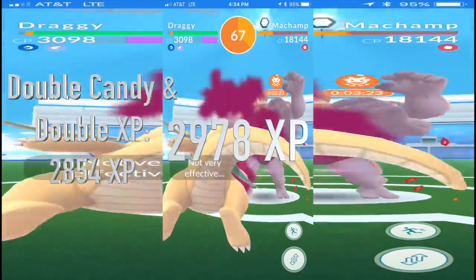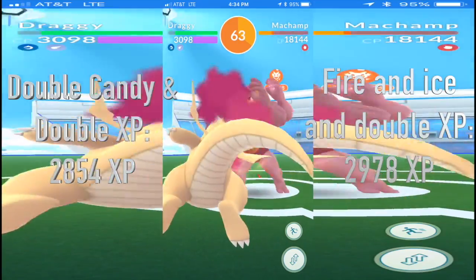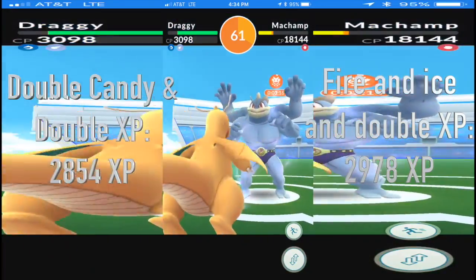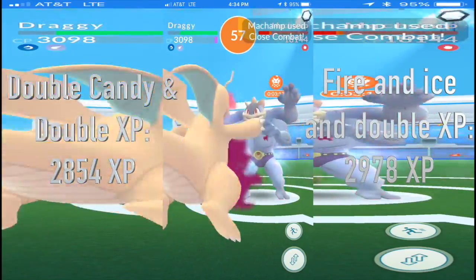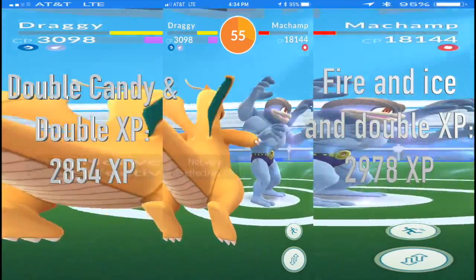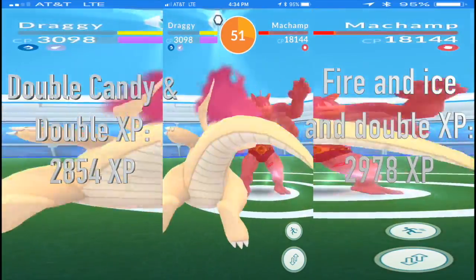That is 2978 XP for catching 1 Pidgey, rounded to the nearest whole number. That is nearly 3000 XP. However, you can't do an evolution for each and every Pidgey, and you'd have to catch at least 2 Pidgeys to get that value. In the end, if you were to catch a Pidgey during an event like the Fire and Ice type event,